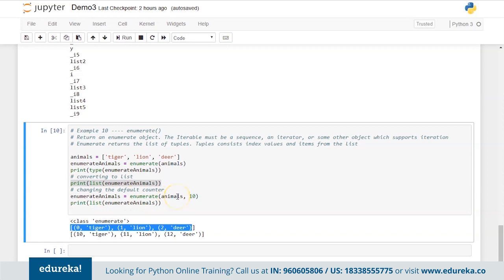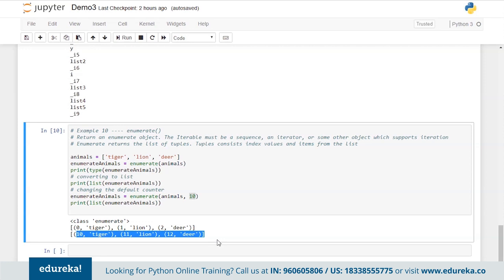And give a different counter. Now in this case we had the counter like 0, 1 and 2, which is the default, starting from 0. Like this, if you have 5, 6 elements, the counter will go up to 5, 6 elements. Now if you want to change your default counter, in that case we can give an argument called 10 here, and then you can see that the counter will change over here, but the values will remain there itself. So in this one you're just trying to convert an animals normal list to an enumerate object,